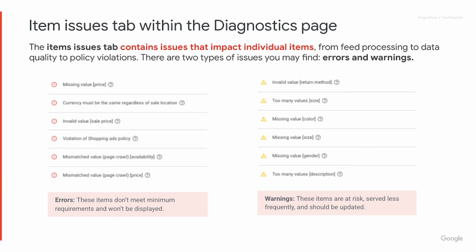There are also warnings, which have a yellow icon next to the issue title. A warning means that this product may not be served as frequently, and you should update the product data, or that it is at risk of becoming an error in the future.